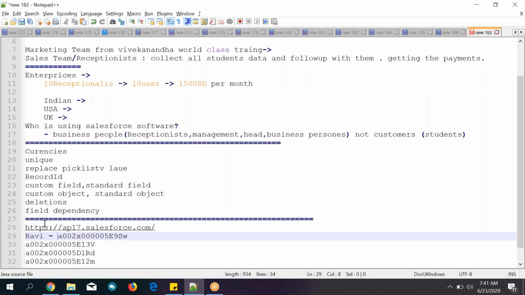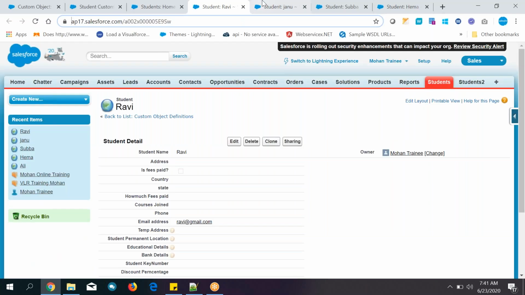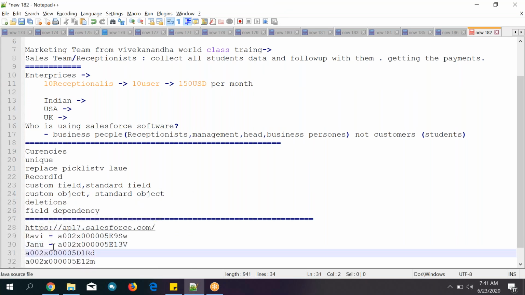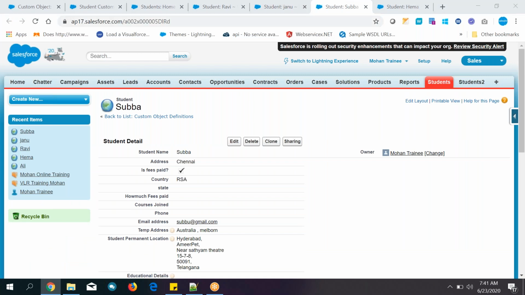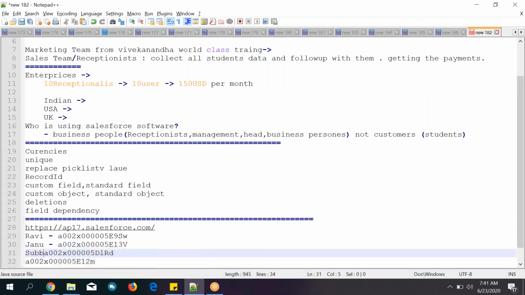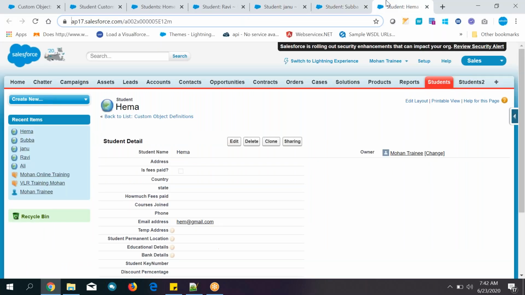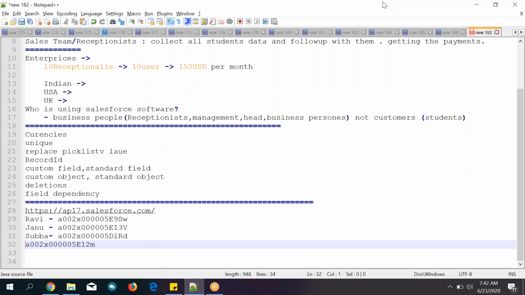This is Ravi's record ID. Second one, Janu. This is Janu's record ID URL. And third one, Subba. And fourth one, Hema.